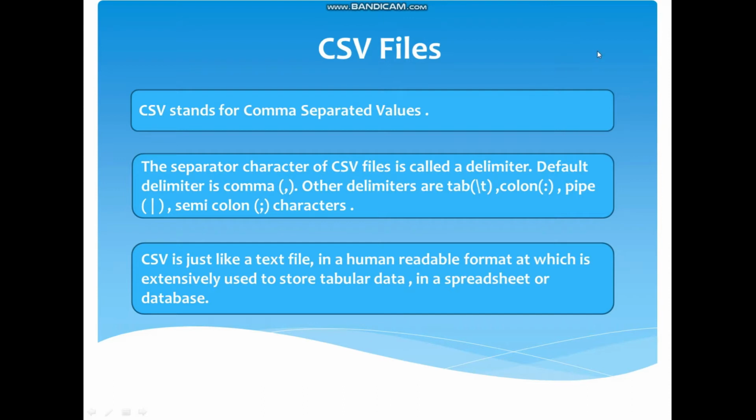Before understanding what CSV files are, you have to understand what a file is. A file is nothing but a bunch of bytes stored on some storage device. Every language that you learn provides a provision for creating files and storing the data. In Python, there are actually three different ways that you can store your data.